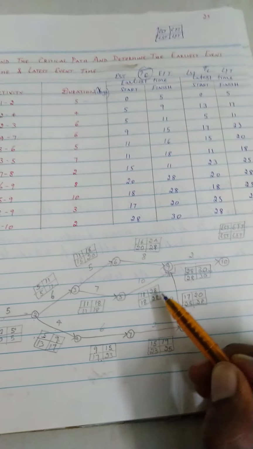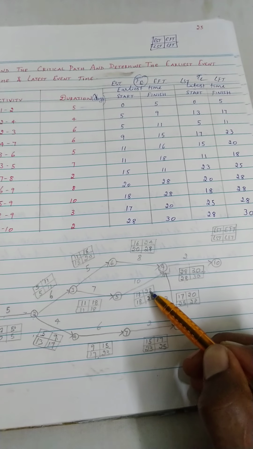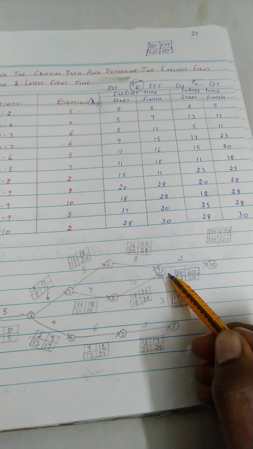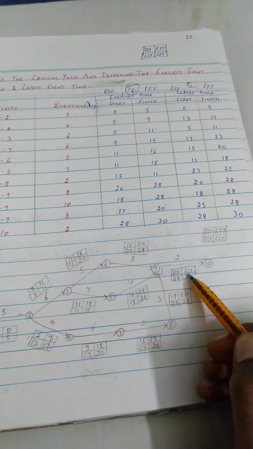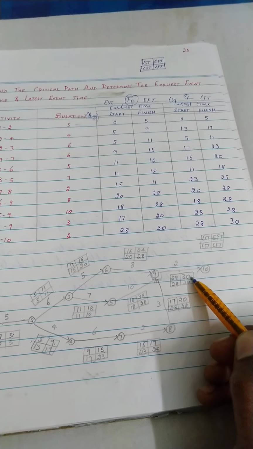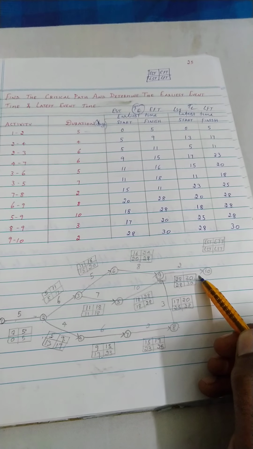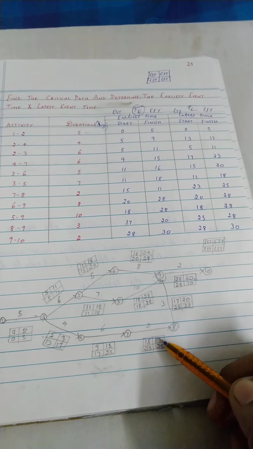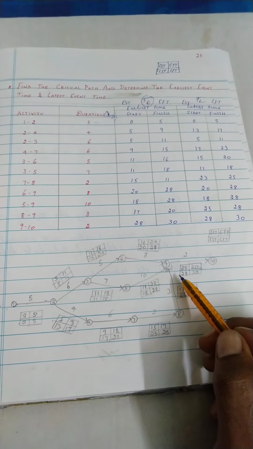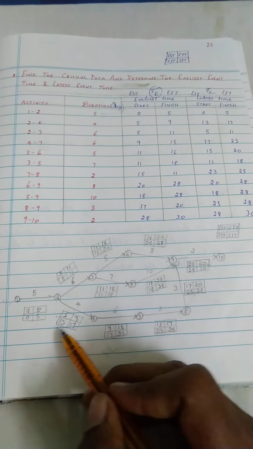So I already mentioned you are going to take the maximum value of this particular event 9. So here the maximum value is 28, so 28 is the earliest start time for this particular activity 9 to 10. So 28 plus 2 you will get 30. So this is called the critical duration, because the maximum duration occurred here is called the critical duration, and this critical path is going to be found after determining LST and LFT. So this is the forward process EST-EFT, and LST-LFT is a backward process.